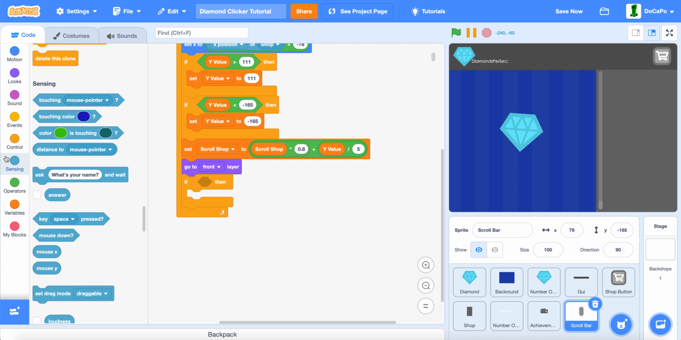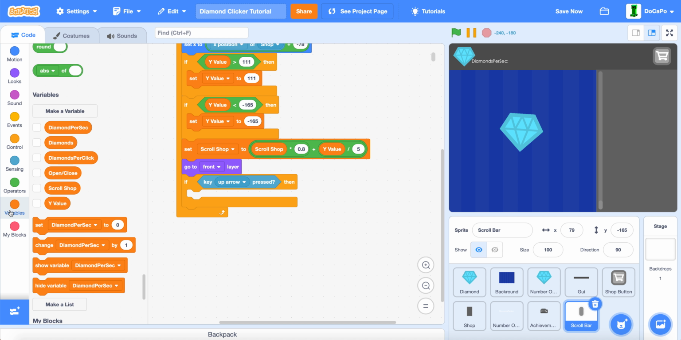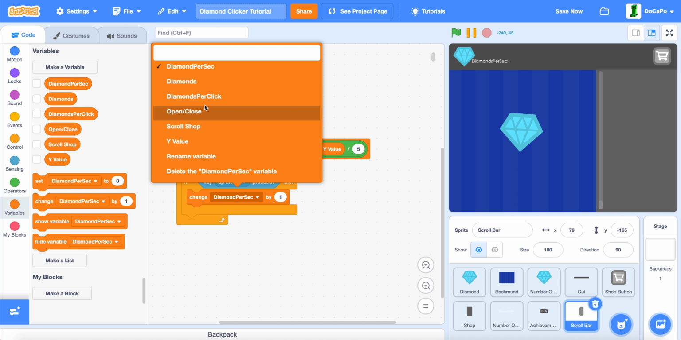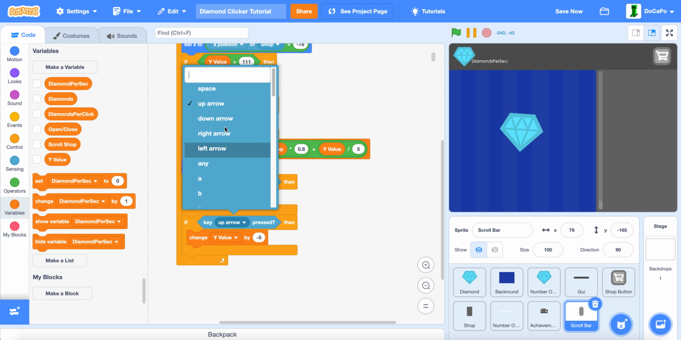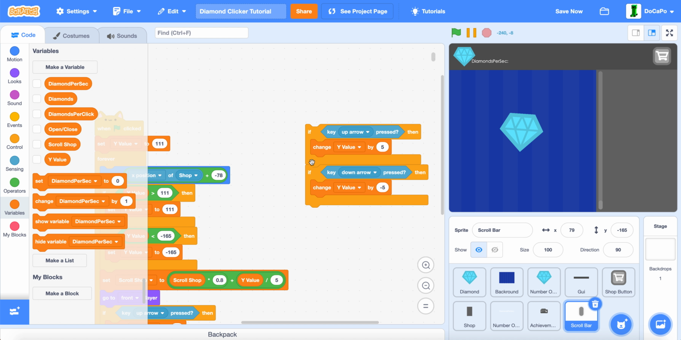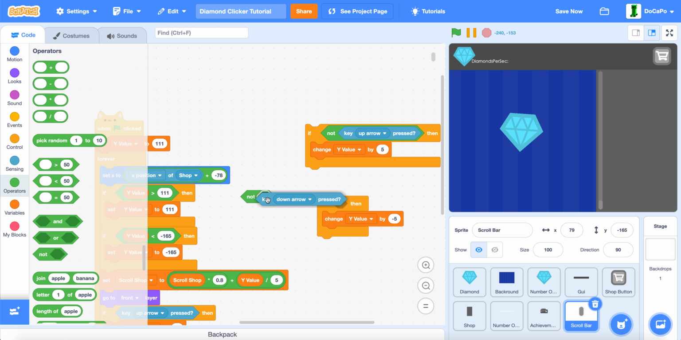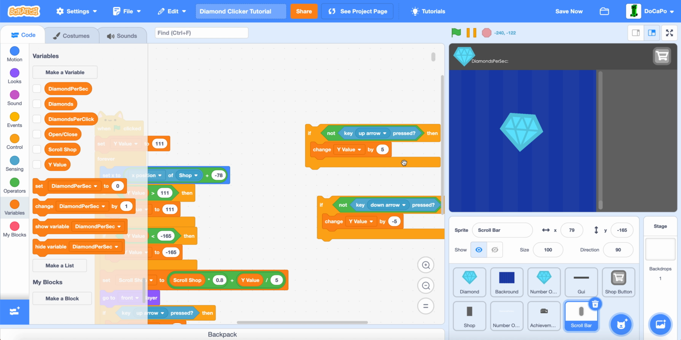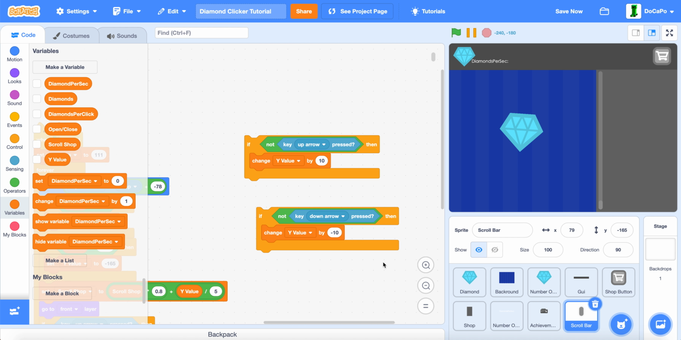if up arrow pressed, change y value by 5, duplicate it, negative 5, and down arrow. Now we duplicate both of these, separate them, and add not to both of them. Change these to 10 and negative 10,